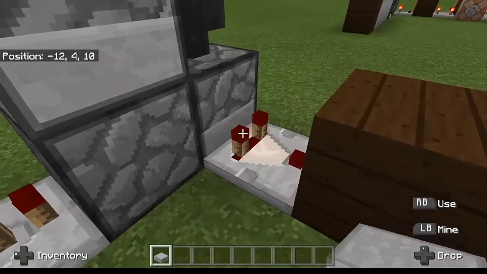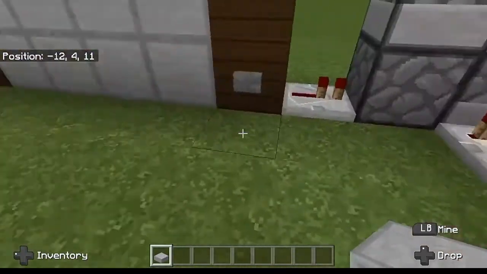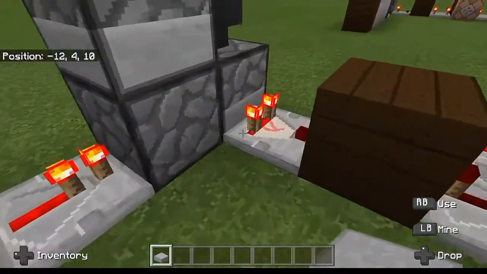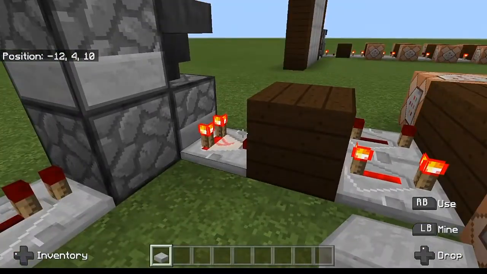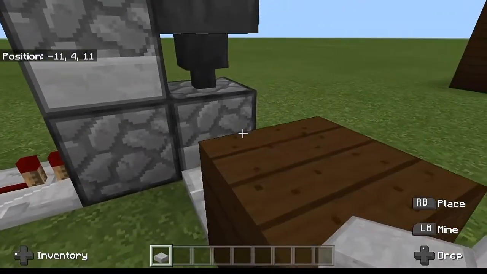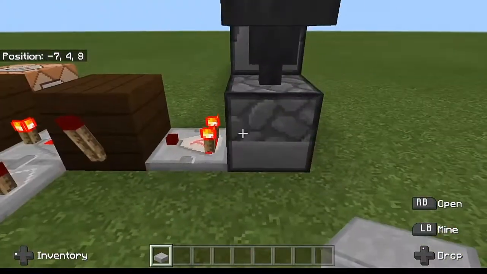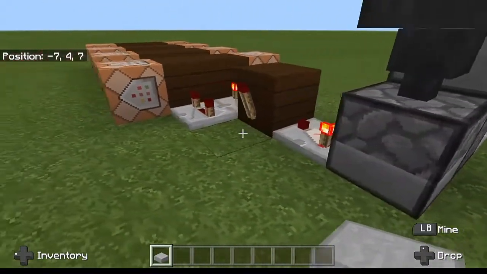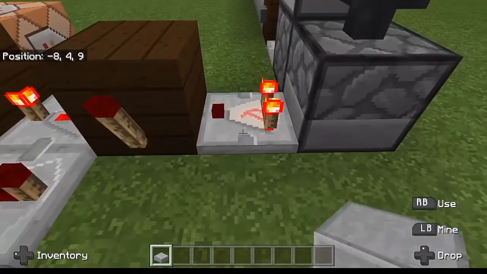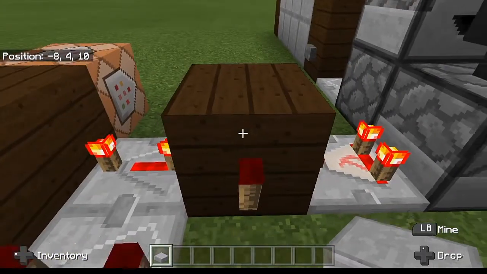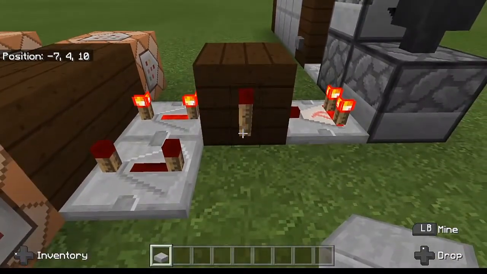as you can tell that comparator turned off, which means there's no redstone signal. If I press it again, now the comparator turns on, which means there is a redstone signal. It's actually a fairly simple design, and you need an item inside of this system in order for things to work. And then this comparator is running into a block which has a redstone torch off the side, and